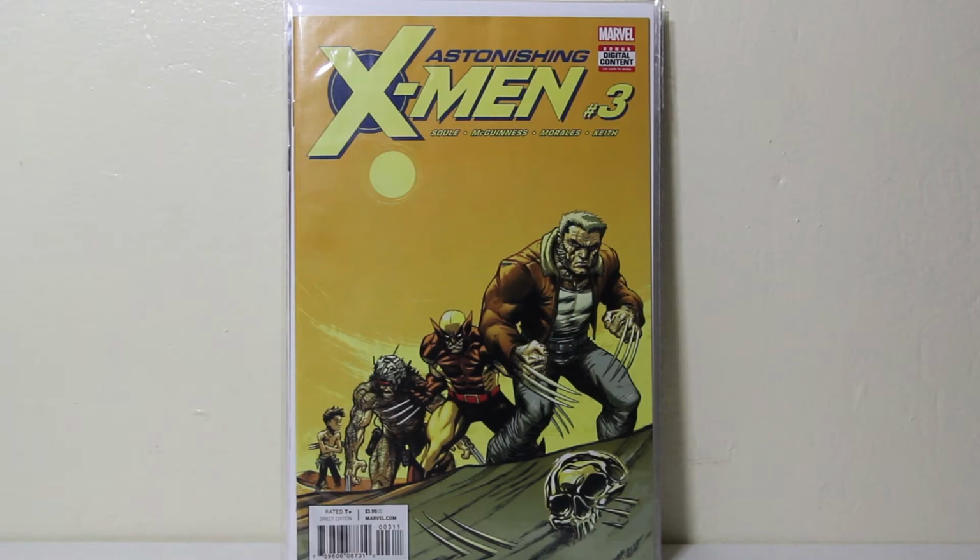There's a bunch of covers for this book. I like it. It shows James Howlett in all of his transformations into Old Man Logan as a boy, as the Weapon X, as the Wolverine, and as Old Man Logan. Even as the dead Wolverine in the sand, if you look closely enough. I really like the cover. That is Astonishing X-Men C cover